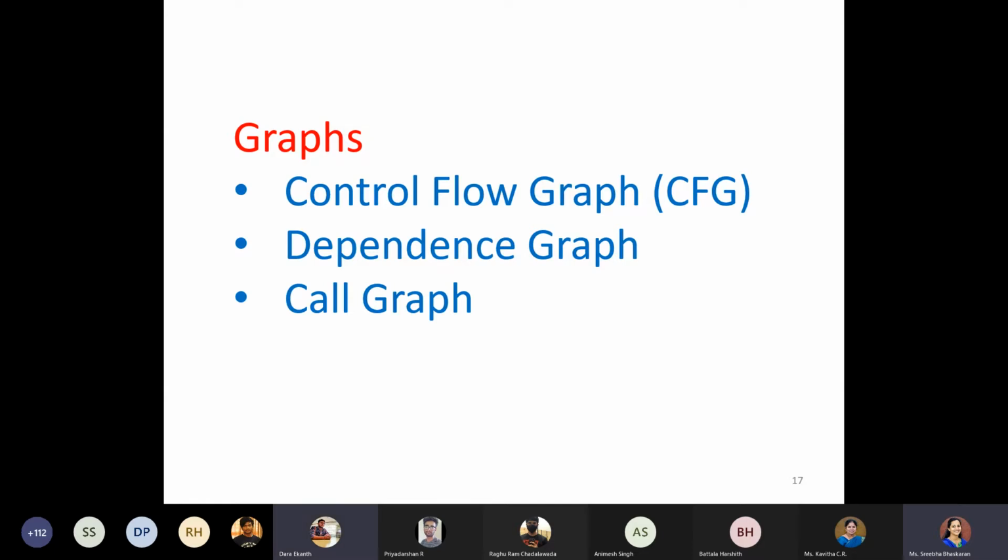What is this CFG? Context free grammar, right? So now for control flow graph also we can call this CFG. So you have to see, if you find this term CFG, you have to understand whether we are talking about the grammar part or the graph part. Based on which step you are in, you have to analyze it.